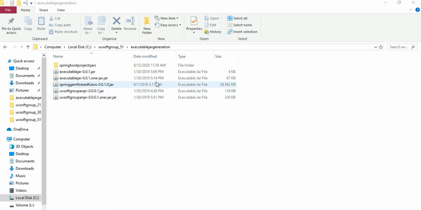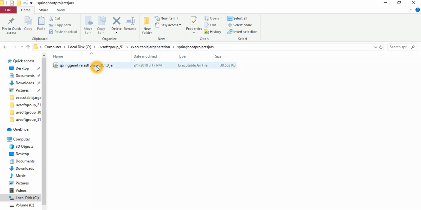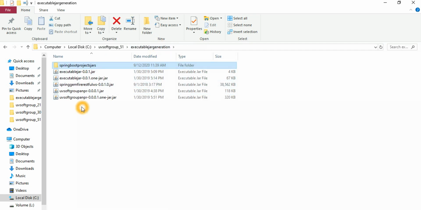I already prepared all these things together as jar files. So you see the idea: you have a lot of projects, and you have jar files for the Spring Boot based projects and the other standalone plugins. How can you build your very simple jar file? You see one of the REST services, a GameFire based REST service implementation. This is a standalone jar file.